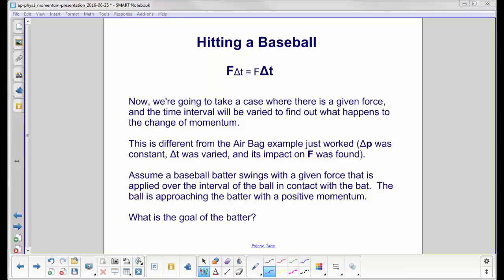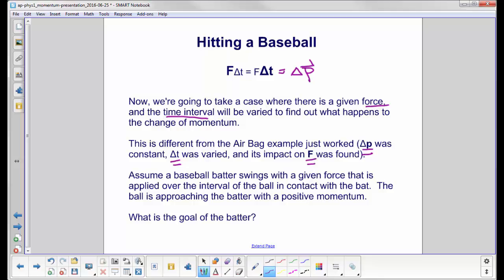This time we're going to take a case where there is a given force, and we're going to vary the time interval to find out what happens to the change in momentum. This is different from the airbag example, where delta P was constant. That was the car slowing down from a certain velocity to a stop. Delta T was varied depending on the airbags and the safety belt, and the impact of the force on the